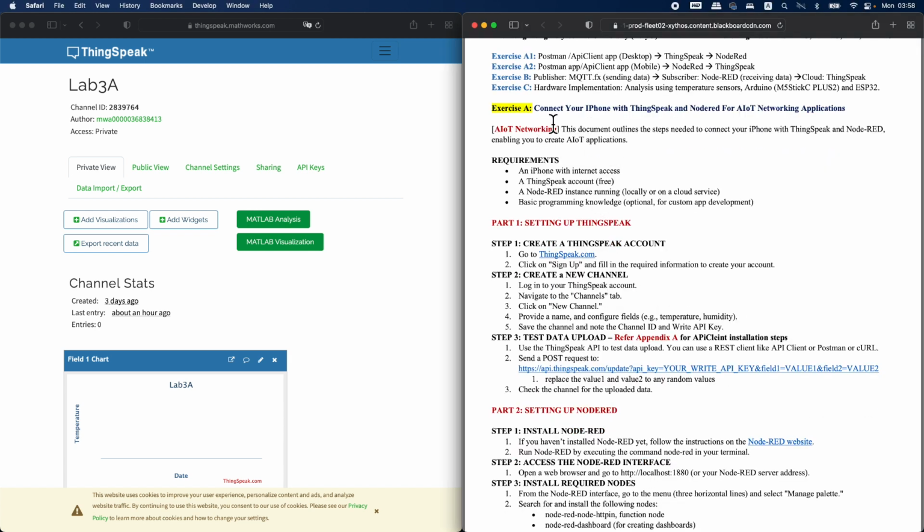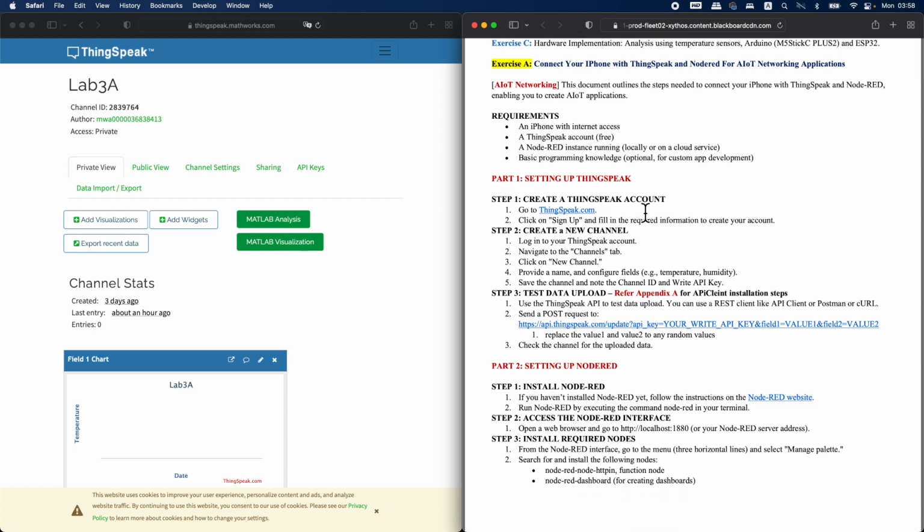In exercise A, you need to connect your phone with ThingSpeak and Node-RED for AIoT networking applications. First, we need to create a channel in ThingSpeak. ThingSpeak is a platform that provides services for data collection, analysis, visualization, and so on. You need to go to the